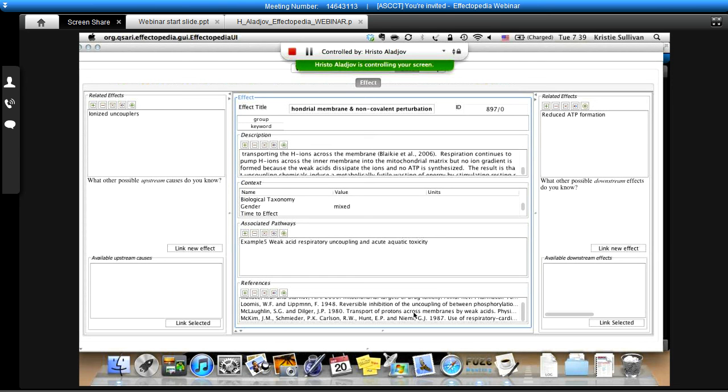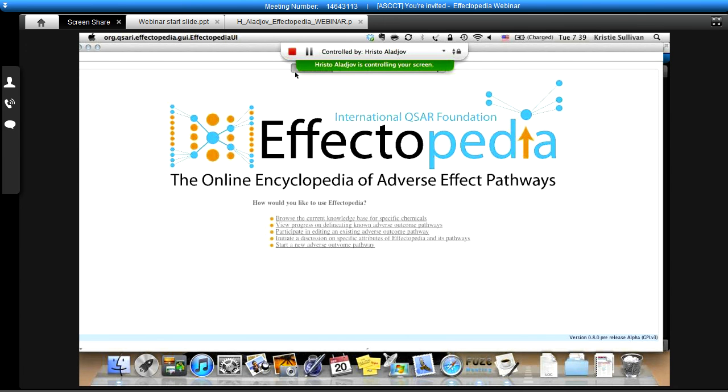But for example, here we have the references supporting this particular molecular initiating event, and those are most of the time the explanatory, so to speak, qualitative references that explain why this effect actually occurs. And if I can go back to the welcome page here,